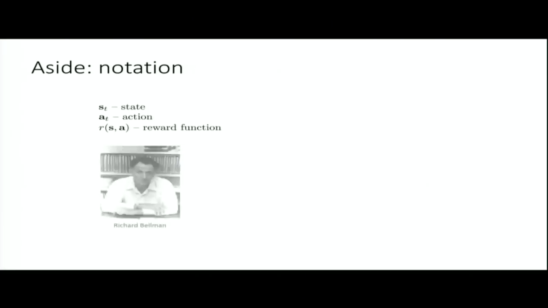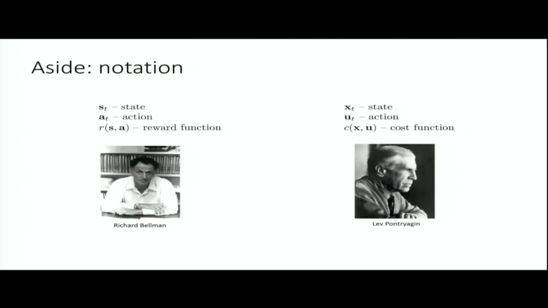And a little aside, I mentioned before, states and actions popularized in dynamic programming by guys like Richard Bellman. That's also where the term reward function comes from. The term cost function is a bit more popular in optimal control. So if you see cost, don't worry, it's just the negative of the reward. And maybe a little bit of a cultural difference here. So Americans like to believe that life is full of rewards, and maybe Russians are a bit more pessimistic, so they think they'll incur costs. But the goal is the same.